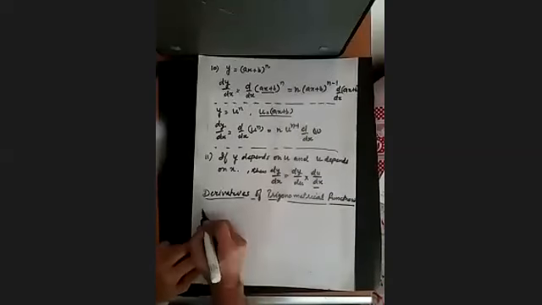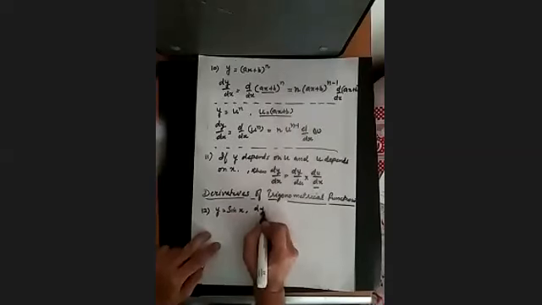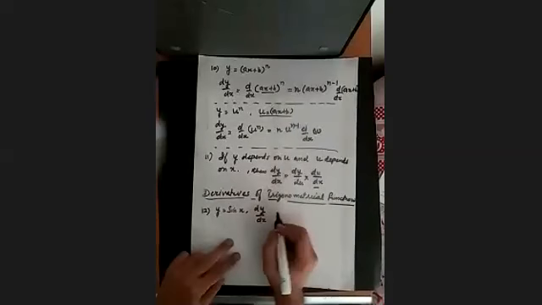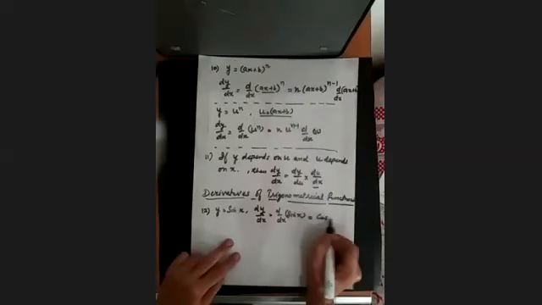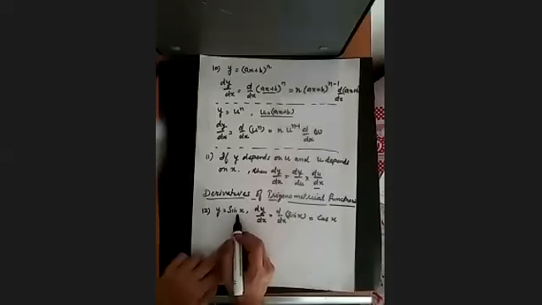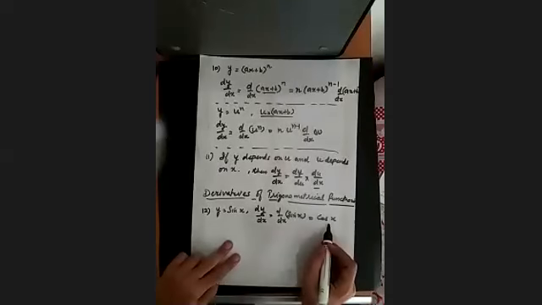So first, y is equal to sine x. So y depends upon x through this trigonometrical function. If y is sine x, then dy by dx we write down as d/dx of sine x, which is simply cos x. So whenever you find y is equal to sine x and you have to differentiate y with respect to x, the answer will be cos x.